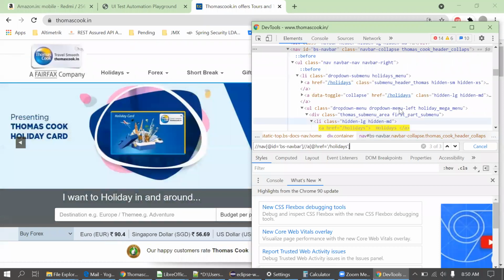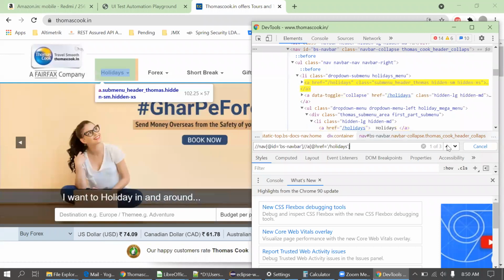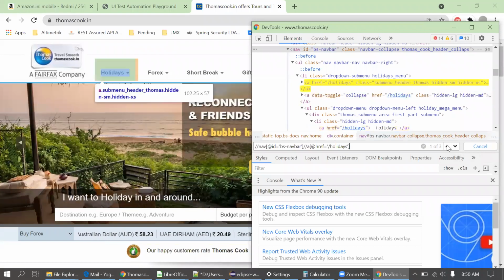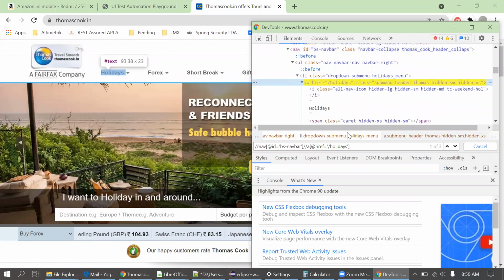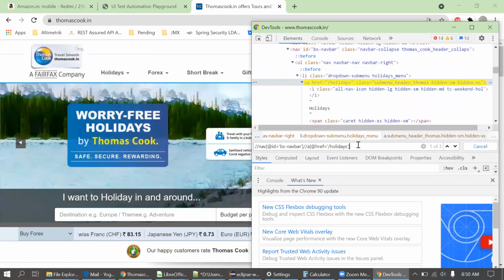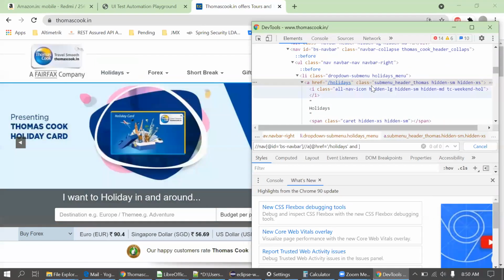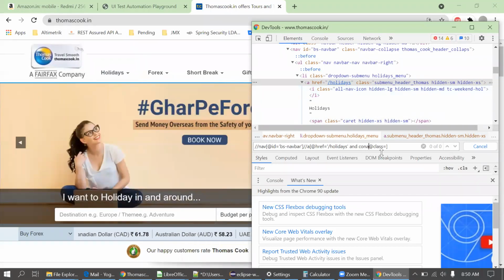I will put an and condition there now. And I will put this class. That class is equal to... I will not put that class, I will put the contains class. Contains.